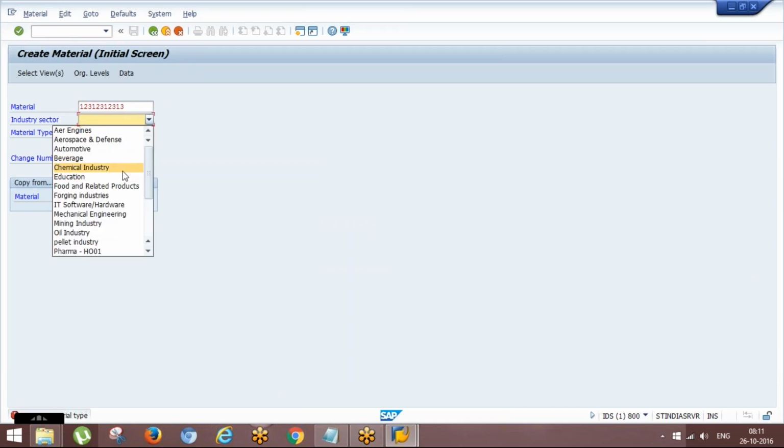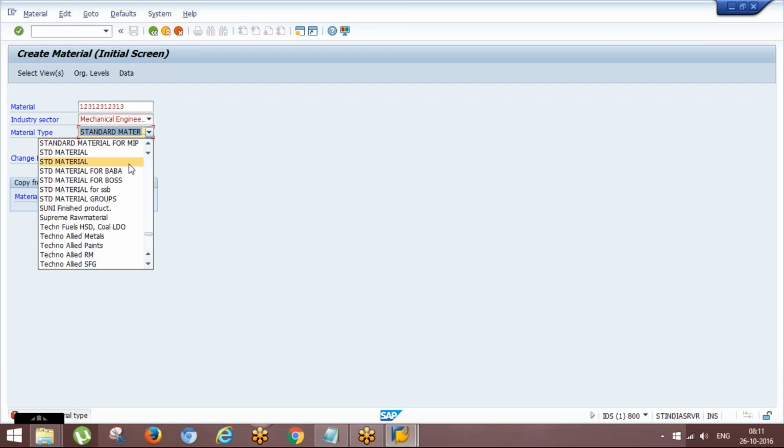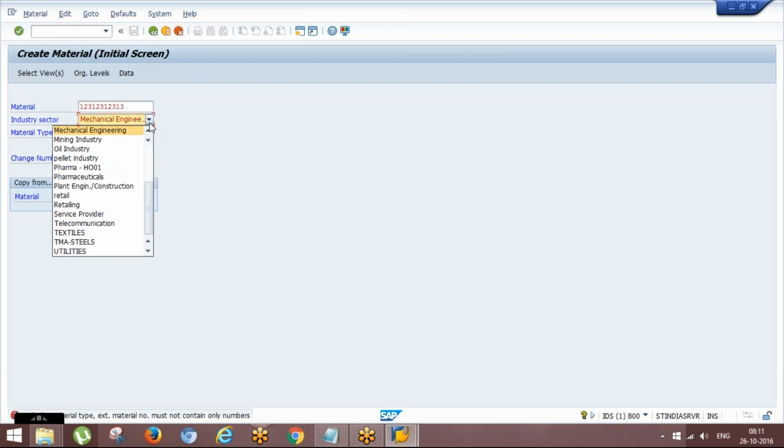Industry sector, not to put mechanical. What can we select here, Rohan? Mechanical engineering, material type.